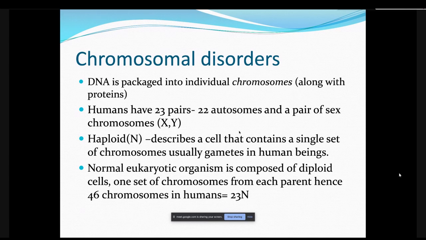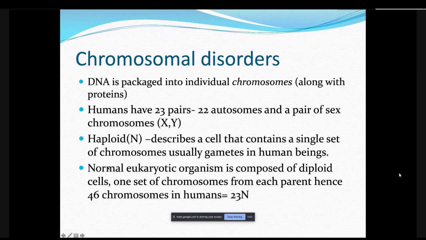So as you know, DNA is packaged into individual chromosomes along with the proteins referred to as histones that confer structural stability to the chromosome. You know that human beings have 23 pairs, 22 of which are autosomes, and the pair of XY are sex chromosomes. Haploid, which is usually put as an N, describes a cell that contains a single set of chromosomes, usually